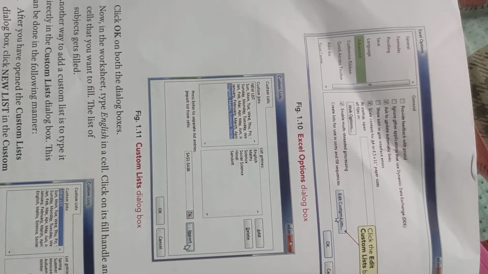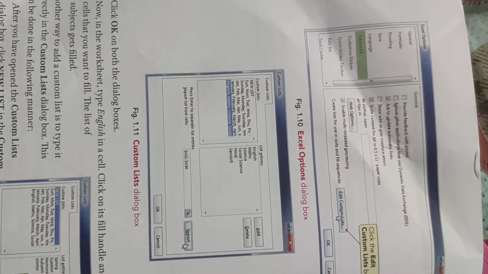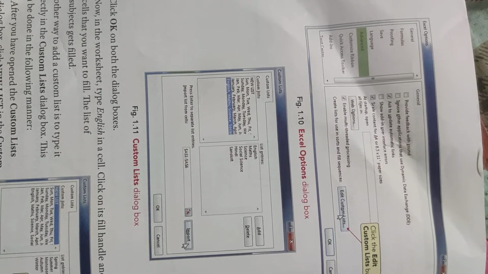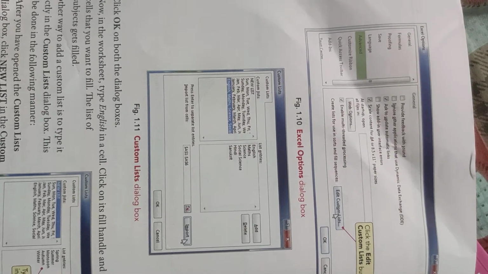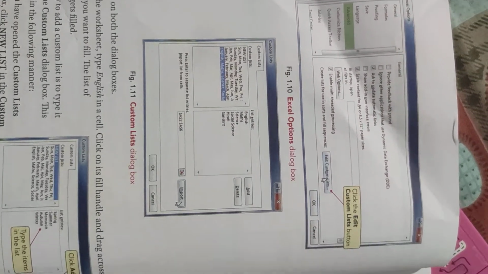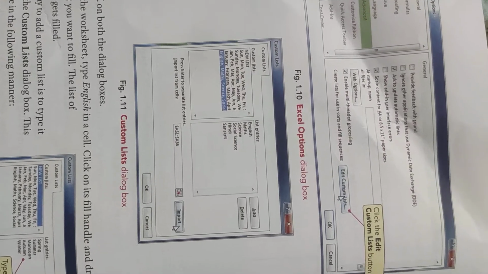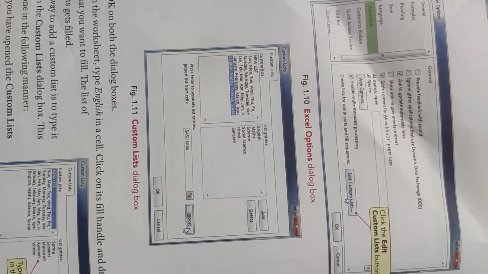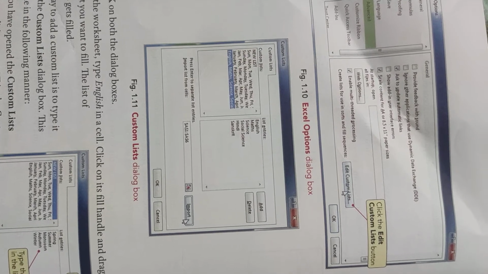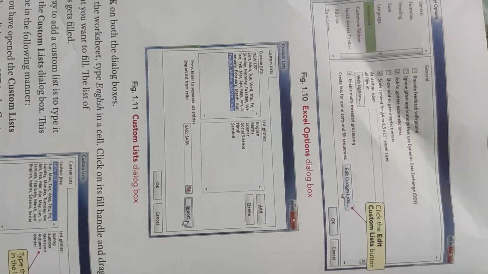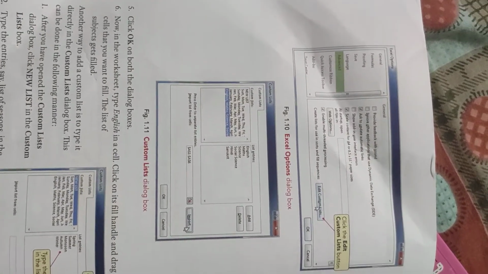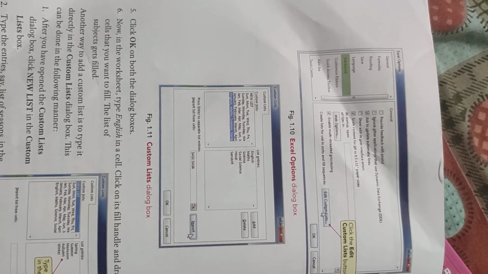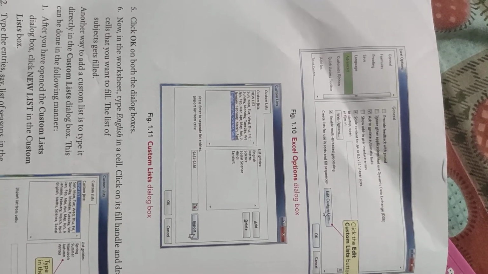So if you write English and then click the fill handle and drag it till, suppose, 4 columns, then you will only get the data in the 4th column format. Suppose the data in the 4th is social science, so if I am clicking from English till 4th, then English, math, science and social science will get imported. Hindi and Sanskrit will not get imported. Alright, this is your first step for importing a custom list, that is a list which is already existing.